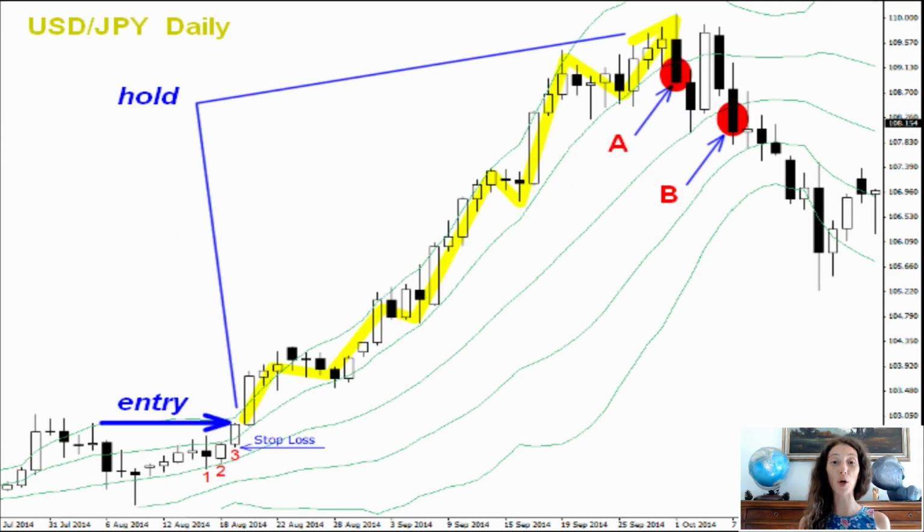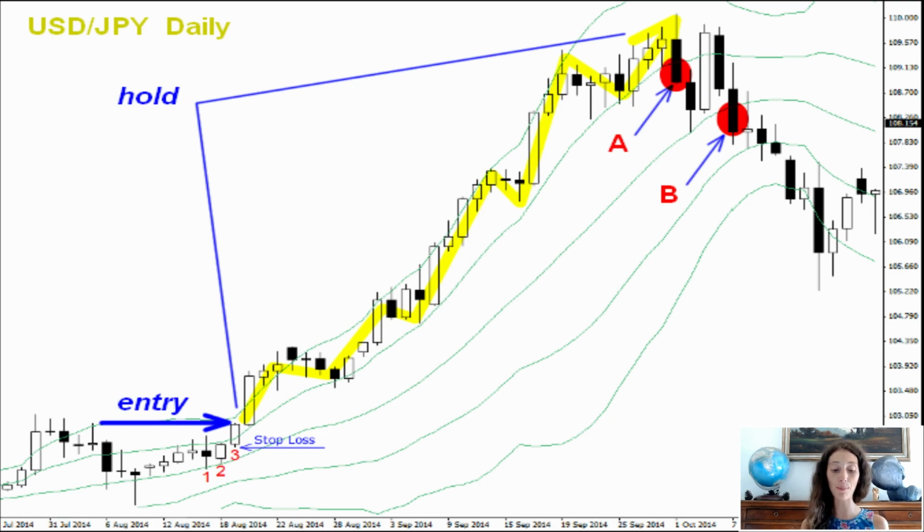Here is an example of a long position on USD JPY daily. Keep your buying position as long as price movements are still between the upper band curves of the two BB indicators or even above the average band curve. It is possible to close the purchase position when the price movement begins to pierce the BB curve of the upper band whose deviation is 1, level A, or if the price has crossed the average band curve, level B.